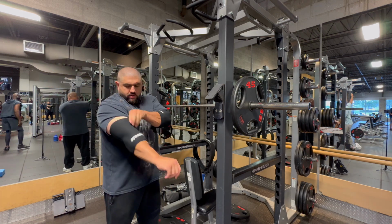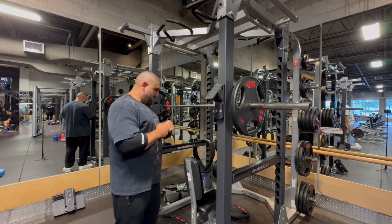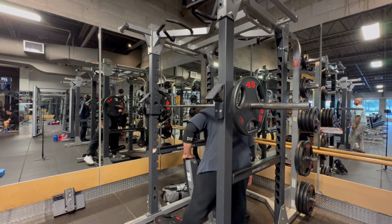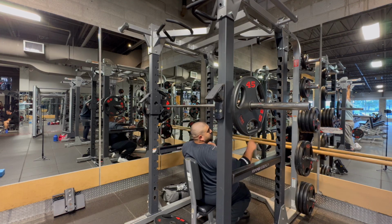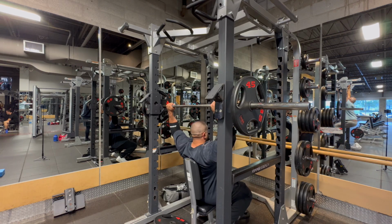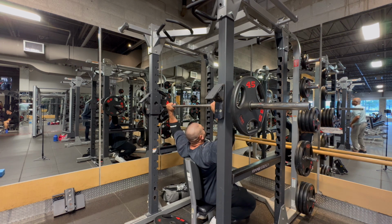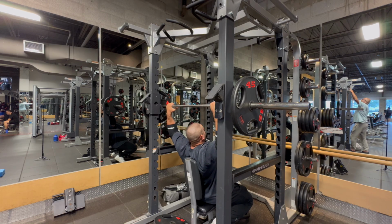And now we're gonna start to press 135. Let's see how well this moves. All right, now I'm just preparing to get ready. Obviously, you can tell where I put my hand placement on the bar. I always put it in the same position. Whether I'm doing shoulder press, incline bench, I always put it in the same placement, and I always use my ring finger, and it works well for me,